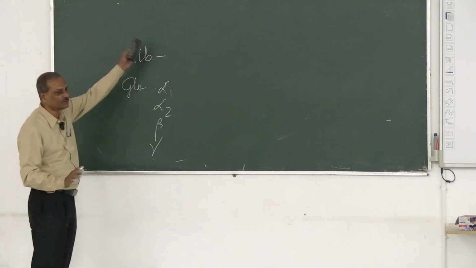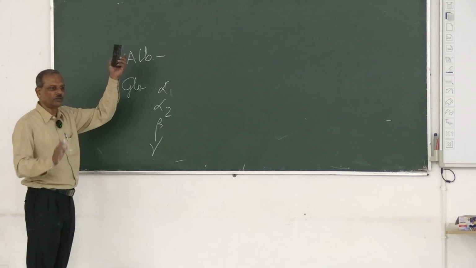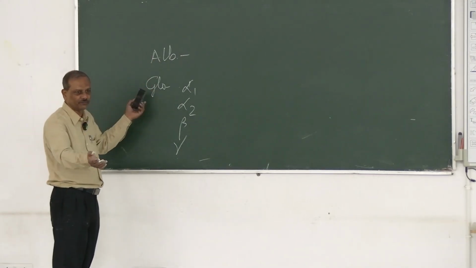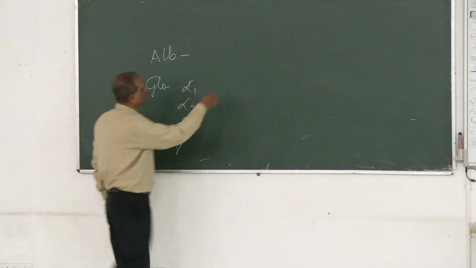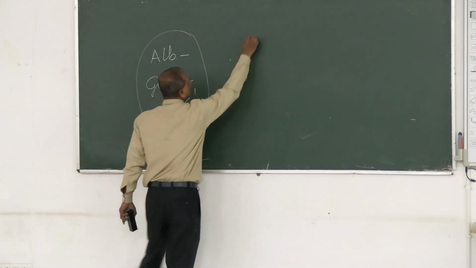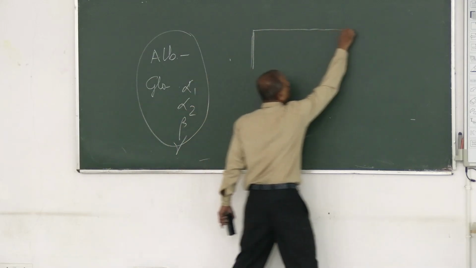So we have to first make this thing, everything is negative. We change the pH so that all proteins become negative. Now if we allow this mixture and we place it on something, suppose a paper or a gel,